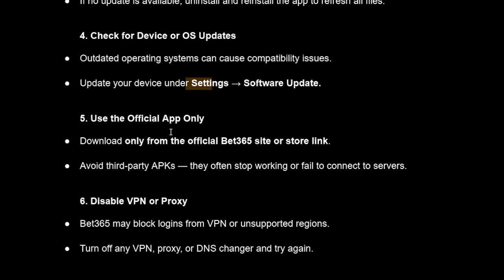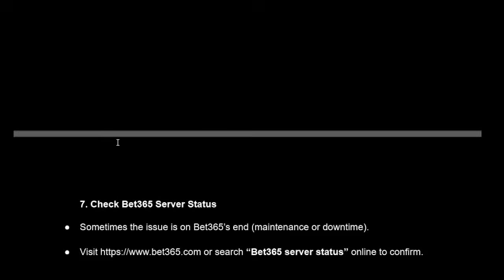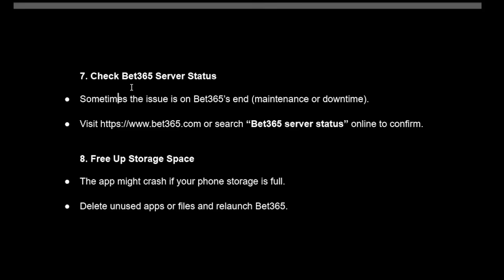Then use the official app only, so avoid third-party APKs and whatnot. Disable any VPNs or proxies if you have any of them on. Check Bet365 server status, since sometimes the issue is on Bet365's end. So you can visit the website or you can search for the server status of Bet365 to confirm if it's